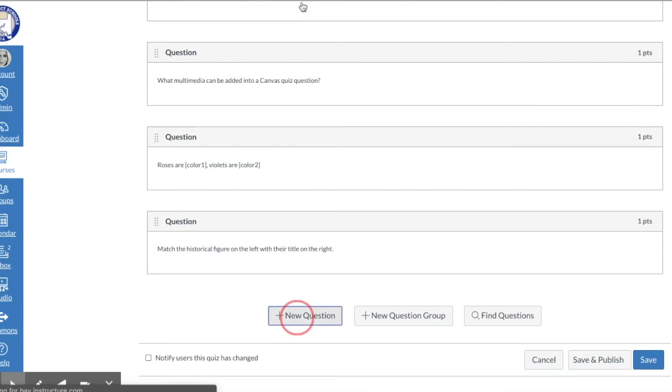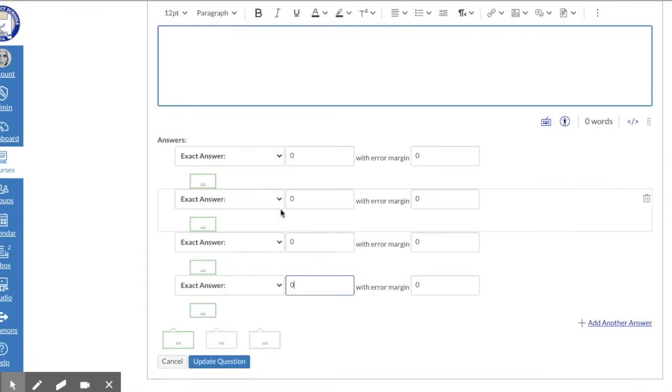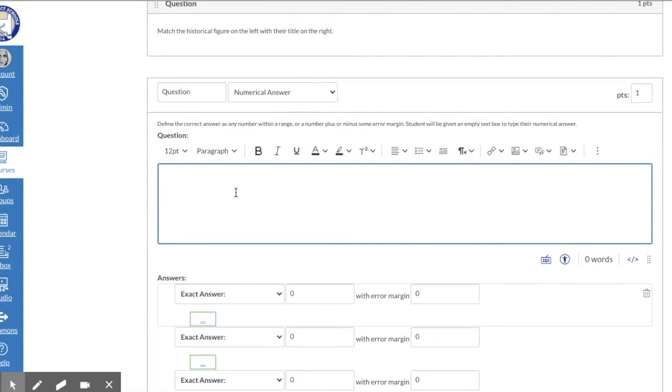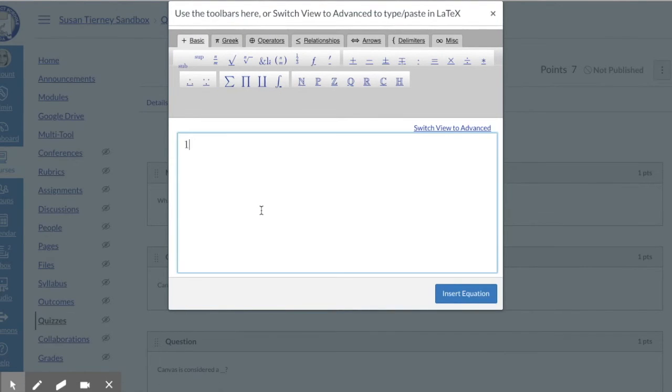Next item, new question. We're going to do a numerical answer. All right, so again, I'm presented with the rich content editor. In this case, I'm going to go ahead and show you how to use the equation editor. So I'm going to click these 3 dots, and I'm going to click on this icon right here, and you'll be presented with the equation editor. I'm just going to make this a very simple 10 divided by 3 equals, and I'll put a question mark,